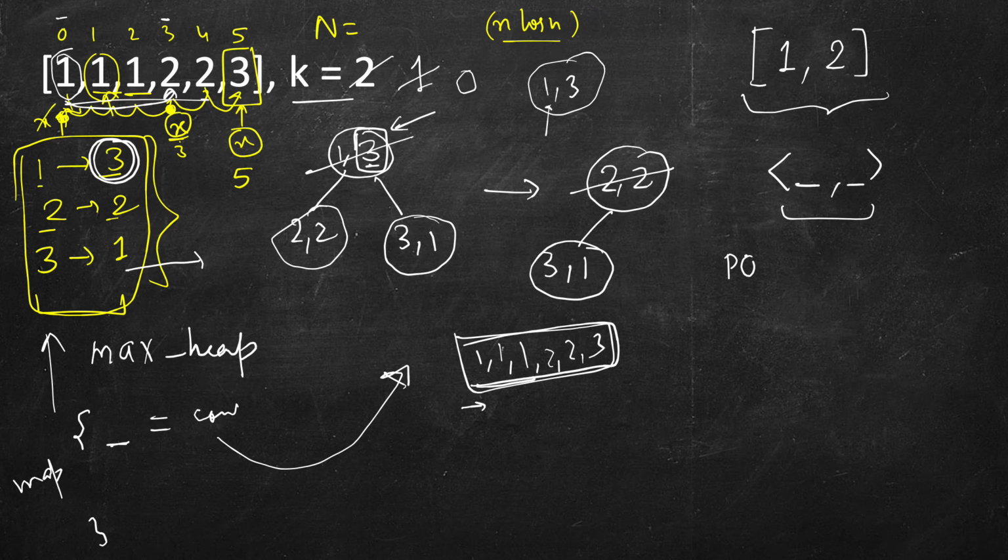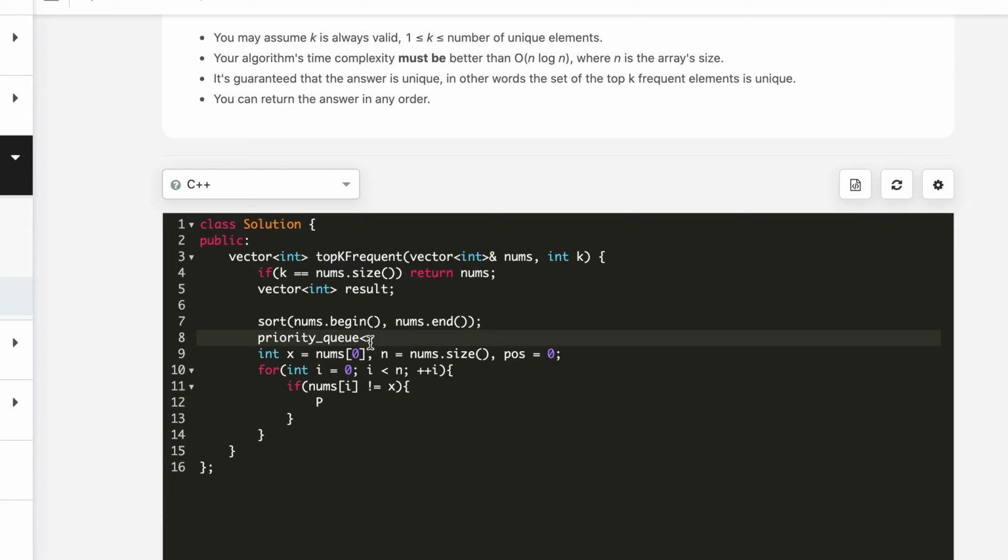We can make a priority queue of just the actual elements, and we don't need to carry forward this count. We can always look into the map for the count. So in essence, we are using similar space, and let's implement it. We will run through it and see whether we see any difference in space or not. So it looks like there will not be any difference.